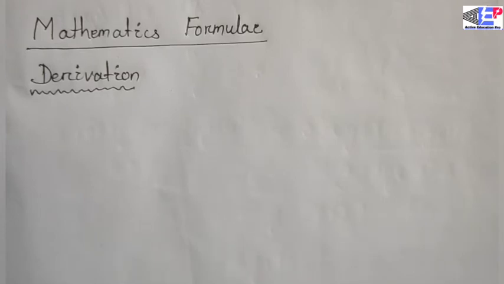Today's topic is derivation of mathematical formula. You know (a plus b) whole square is equal to a square plus b square plus 2ab. But how is it a square plus b square plus 2ab? Yes, it must have a systematic process. By calculating addition, subtraction, division and multiplication, finally we get the result a square plus b square plus 2ab. Today I am going to solve (a plus b) whole square systematically, step by step, for your knowledge.